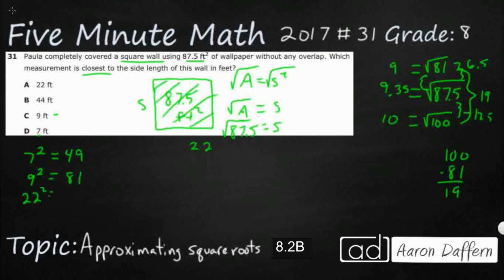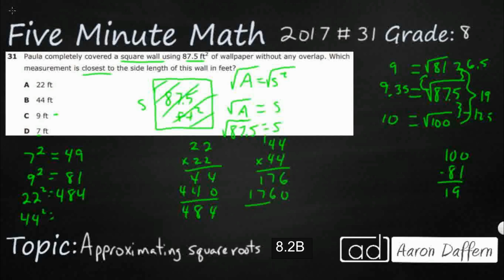That's not one I have memorized, so let's just go ahead and do that. 22 squared, wow, 484. That is not anywhere close. And as you could tell, that 44 is going to be a heck of a lot larger, but let's just go ahead and figure that out. So that's 16, 17, same thing there. So that is going to be